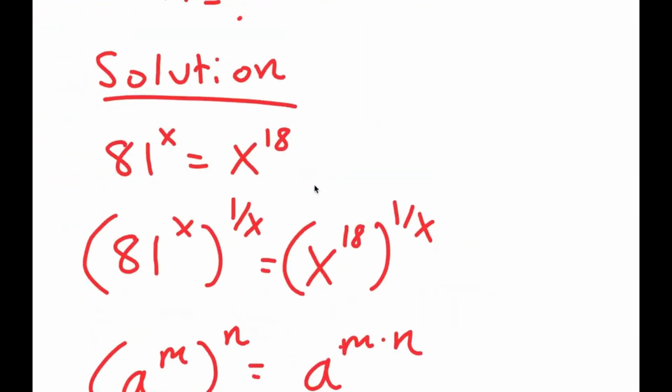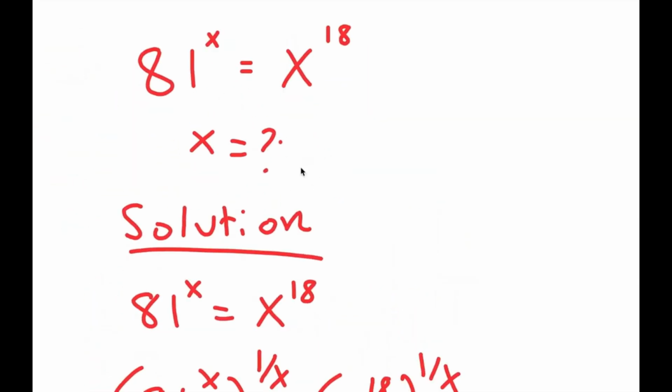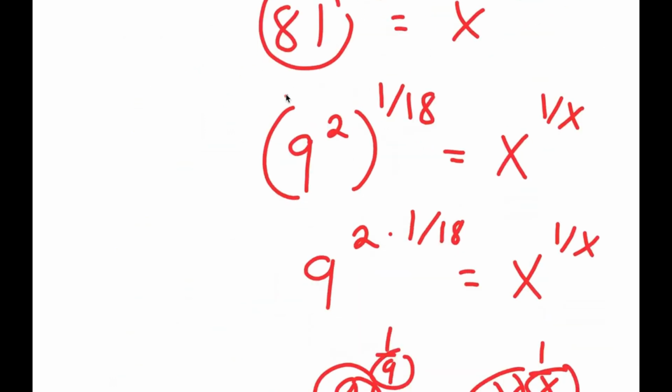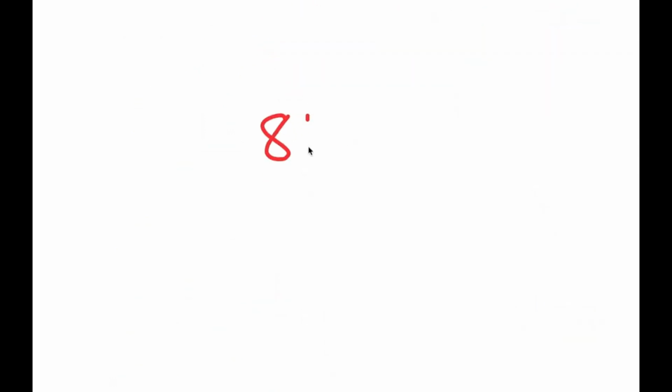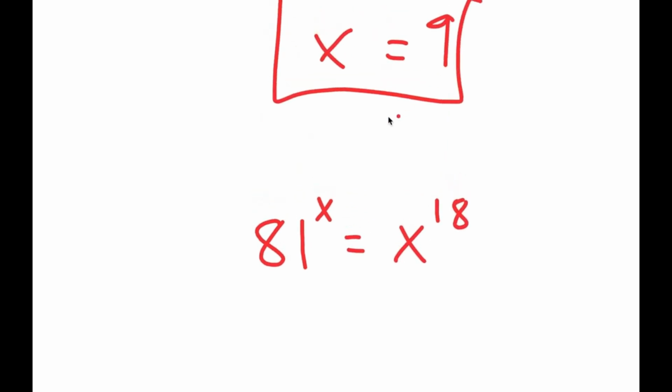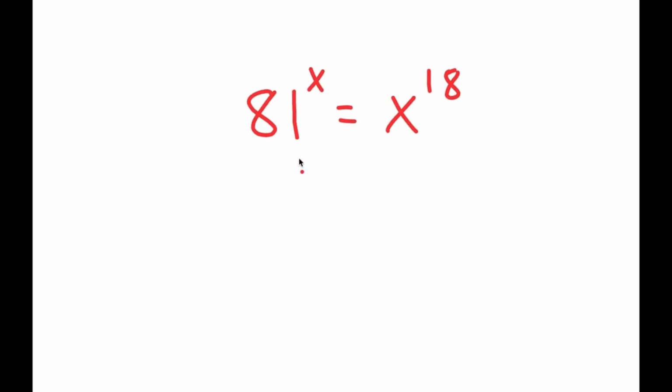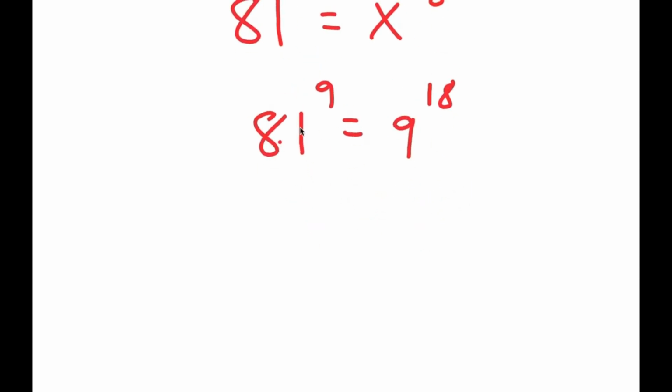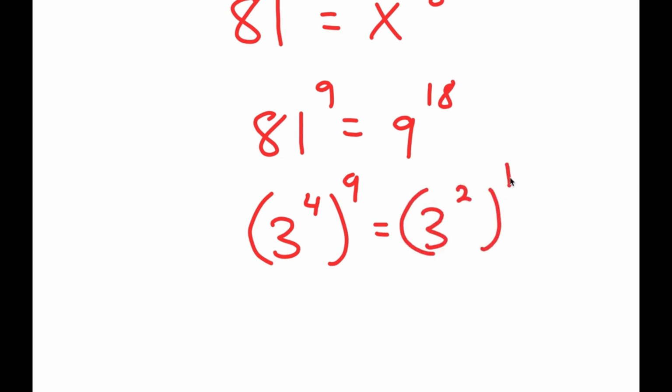So now, going back to the original equation, let's go ahead and check if this is right. So I have 81 to the power of x is equal to x to the power of 18. So x is equal to 9. So if I plug in 9 for x, I get 81 to the power of 9 is equal to 9 to the power of 18. Now, 81 is the same thing as 3 to the power of 4, and 9 is the same thing as 3 squared. So I get 3 to the power of 4 to the power of 9 is equal to 3 squared to